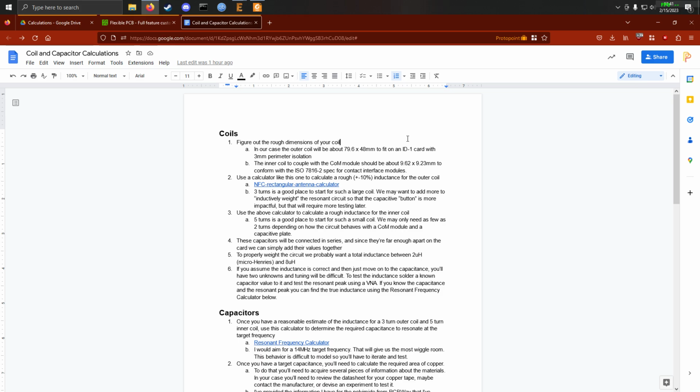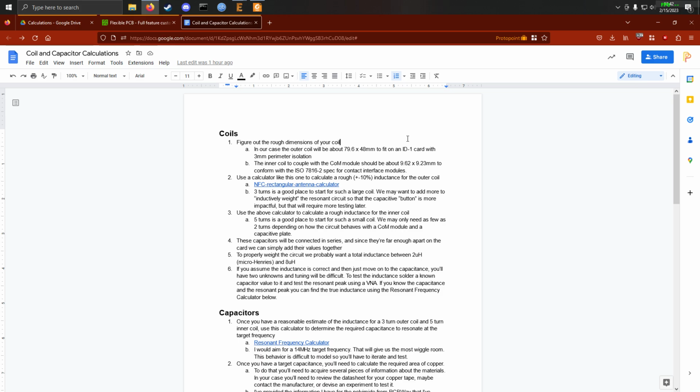And once you have it where you want it, you can then measure the dimensions and the resonant peak and, if you want, measure the inductance and the capacitance directly with a meter and try and verify those real world values against your calculated values,